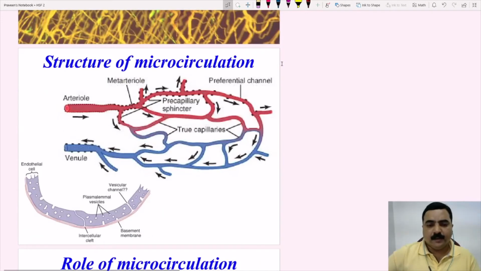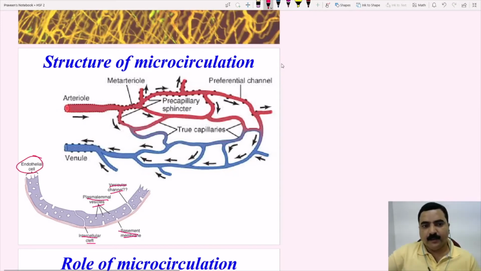In histology, we'll study about different types of endothelium, like loosely bound or very tightly bound. The capillary network has endothelium, then the basement membrane, and then there is the intercellular cleft, and the plasmalemmal vesicles, vesicular channels. These are the endothelial cells that form the capillary. So before the start of the capillary,